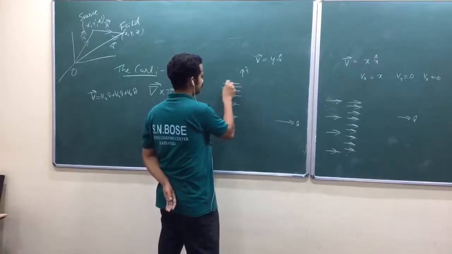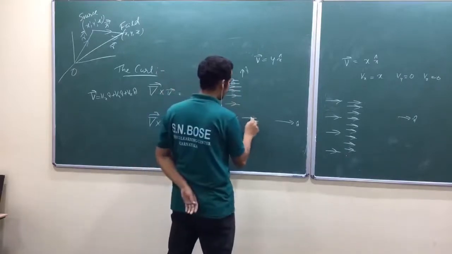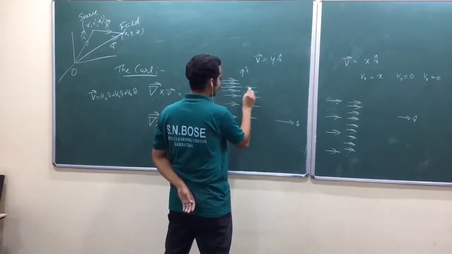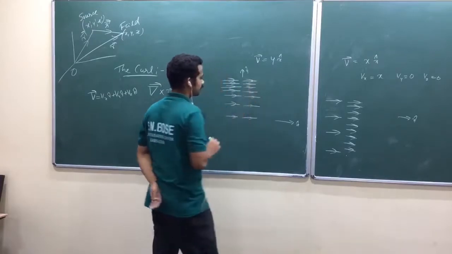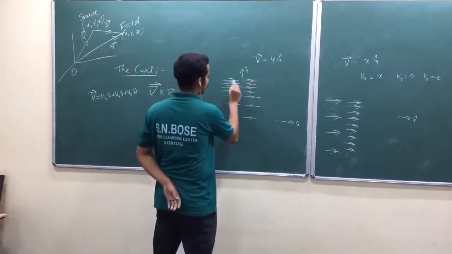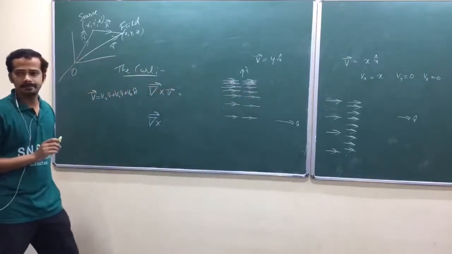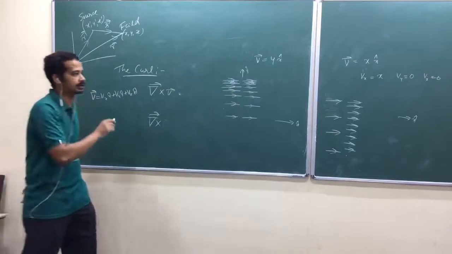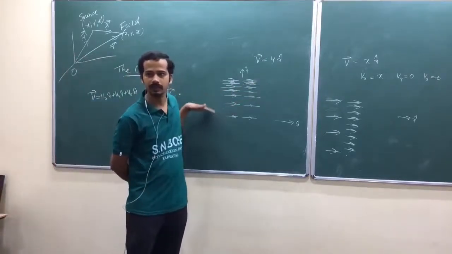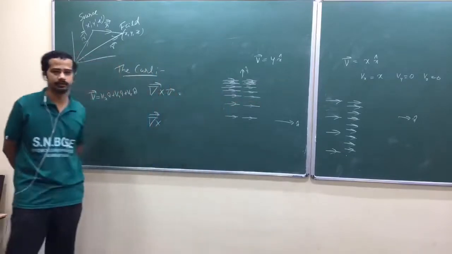Can I draw like this? Along the x-axis the vector strength should not change, but along the y-axis the strength should increase. Can I draw like this? Approximately. Okay, very difficult to draw them, isn't it? When you move along the y-axis, it should increase. When you move along the x-axis, it should not change for a given y, isn't it? Now I can draw like this. Now this kind of vector field will have a curl actually.